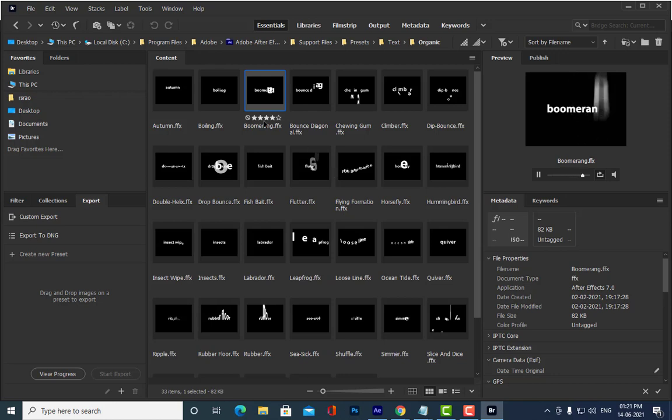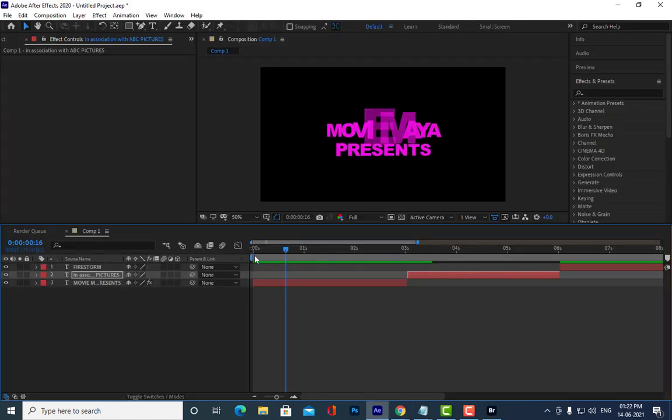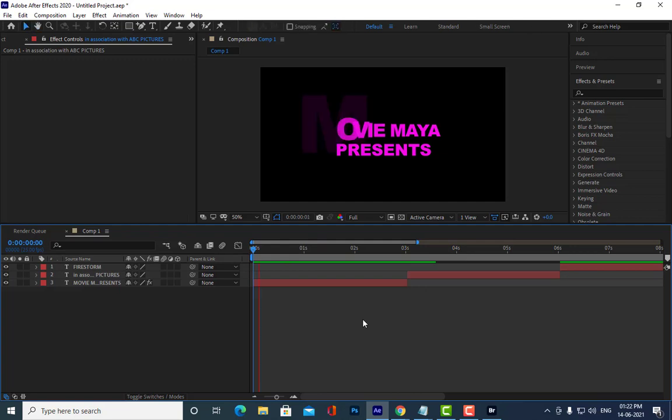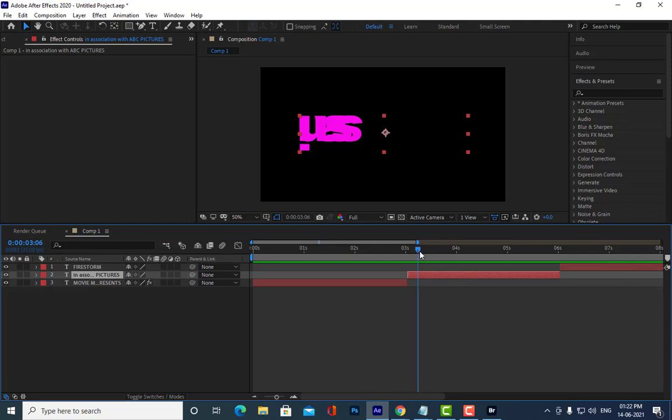Okay, so tell me now how to apply this. I will apply this boomerang, okay? Boomerang to the second one. So what do you have to do? Double click. Double click, okay? So we double click. See, now for the second one, let us start from here. But actually this is not nice for the second one.